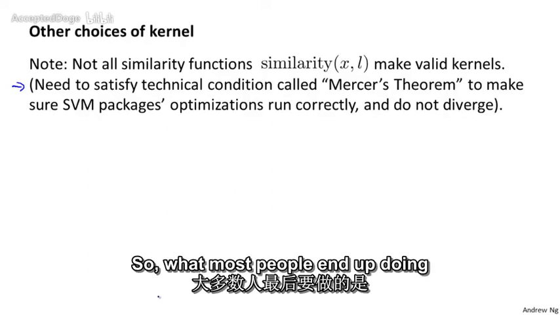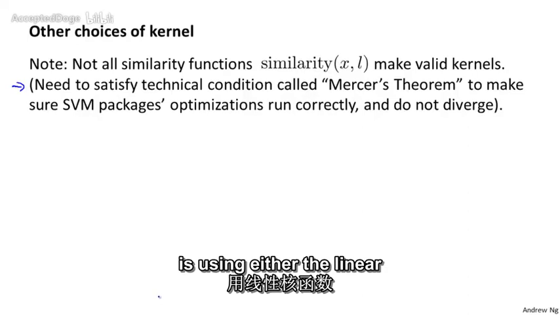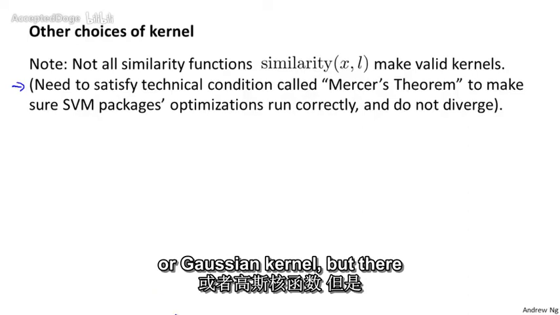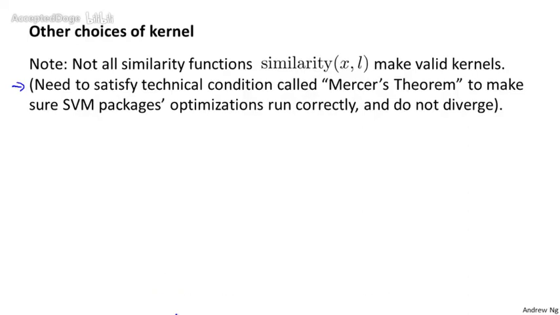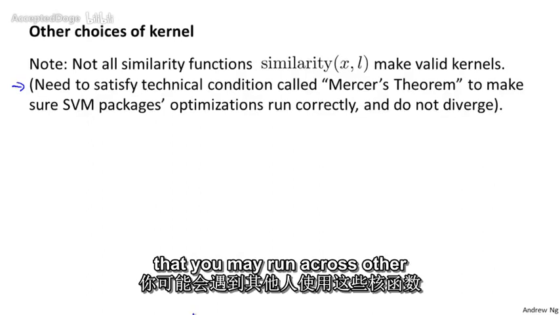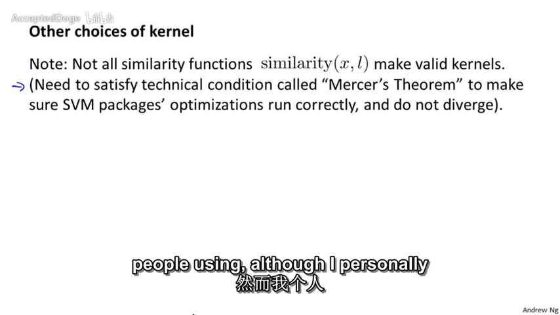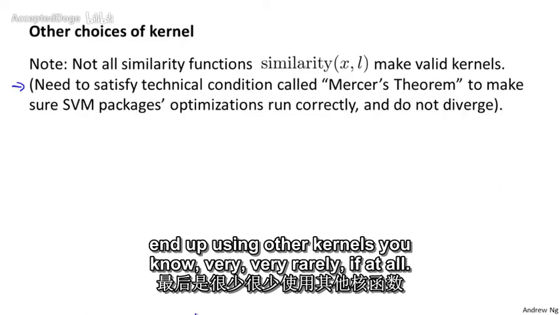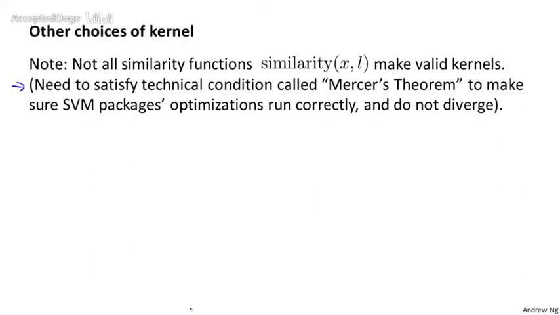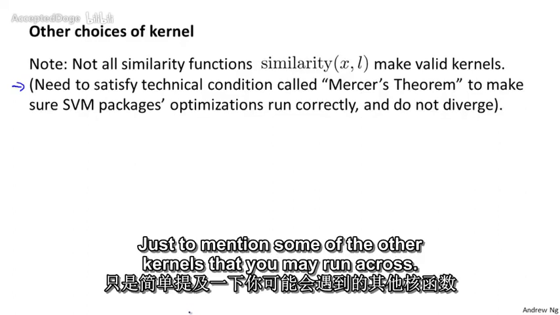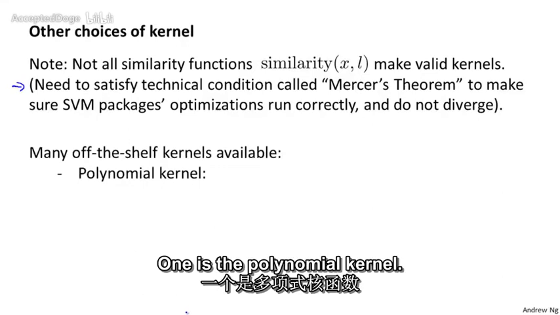So what most people end up doing is using either the linear or the Gaussian kernel. But there are a few other kernels that also satisfy Mercer's theorem and that you may run across other people using, although I personally end up using other kernels very, very rarely, if at all. Just to mention some of the other kernels that you may run across, one is